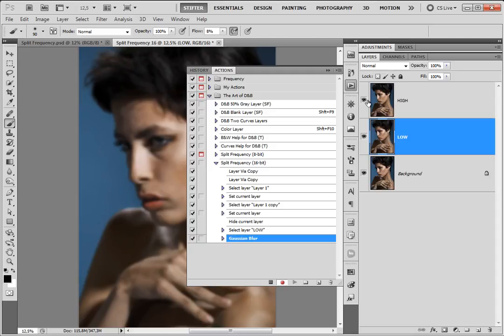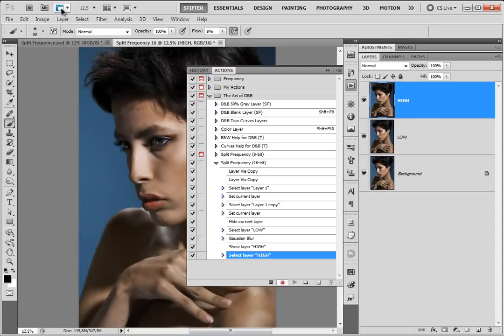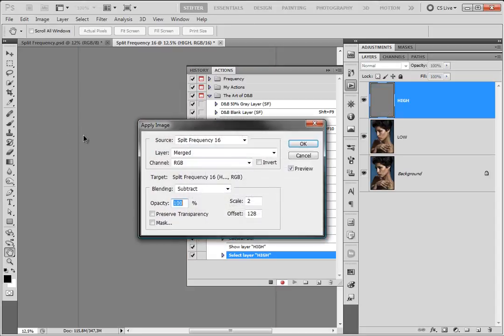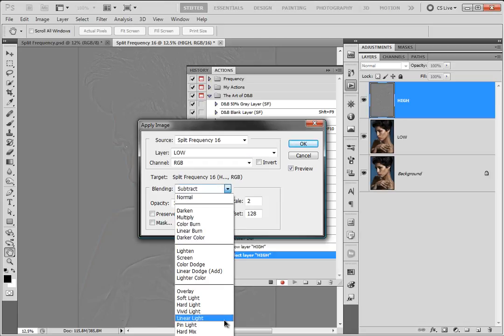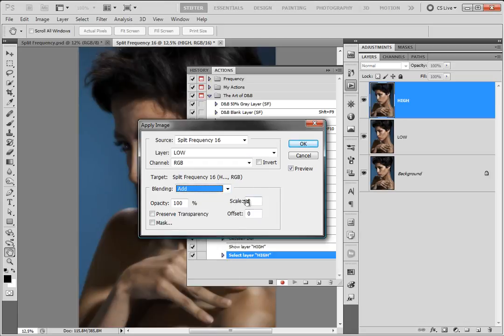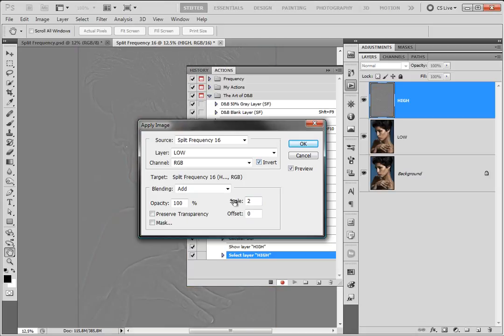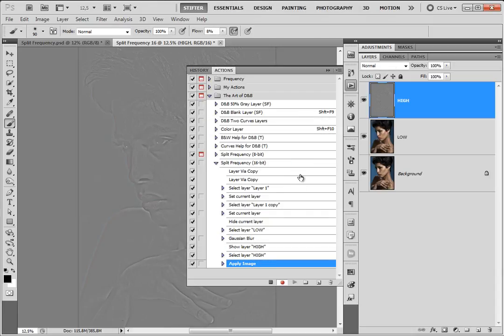And now I'm going to activate the high, switch on it, go to image, apply image, and here I'm going to switch some settings. Layer I'm going to set to low, and instead of subtract I'm going to switch to add. It's going to scale and offset, so this is going to be invert, and scale is going to be 2, offset 0. This remained just as it did before. So these will be the settings for 16-bit. Now I click OK,